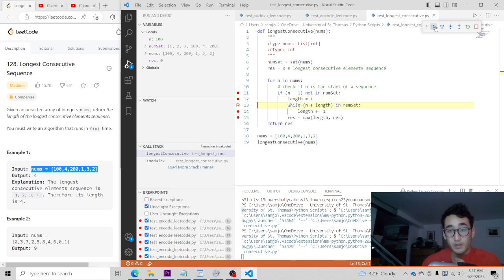Length equals 1. I like it. 100. What is res? Okay, result becomes 1 because length is 1. But as we go through 200, how did that get into the picture?